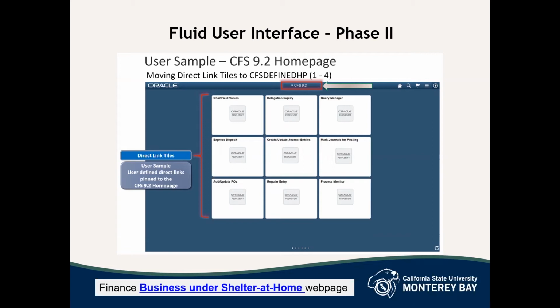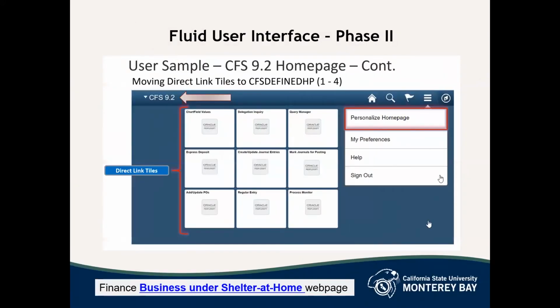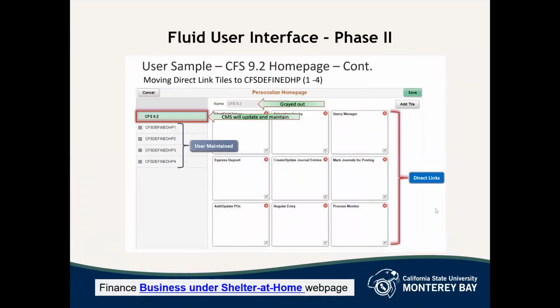So next page. We're going to move them from CFS 9.2 to personalized homepage. We click on those three dots on the right hand side, choose personalized homepage. Next page, please. And move them into one of these 4 pages.